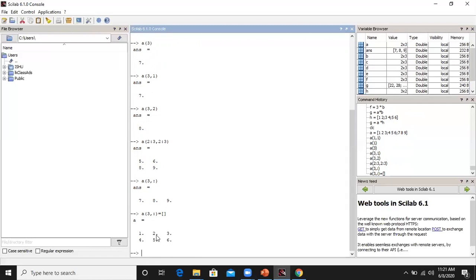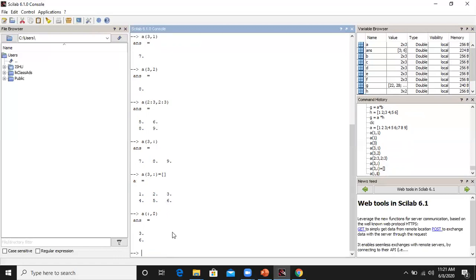Now if we don't know the size of the matrix, but we want to print out the last column and the last row, the other way to do that is type A. Then I just want to print the last column, that is 3, 6. So 3, 6 are covered in first row and second row, that is 1 colon 2, or all the rows are considered here. Like this also we can type. Then the last column is indicated with the dollar symbol in Scilab. So here I can access 3, 6.